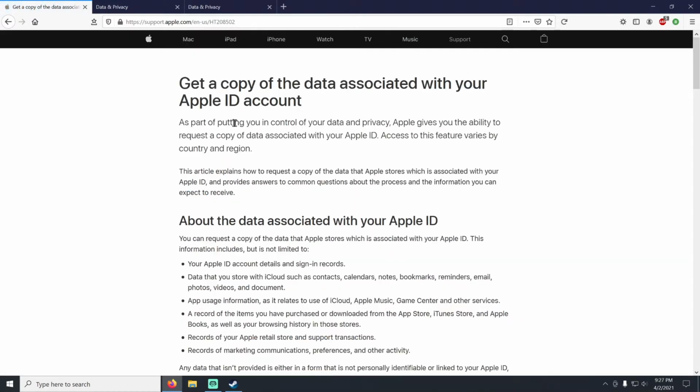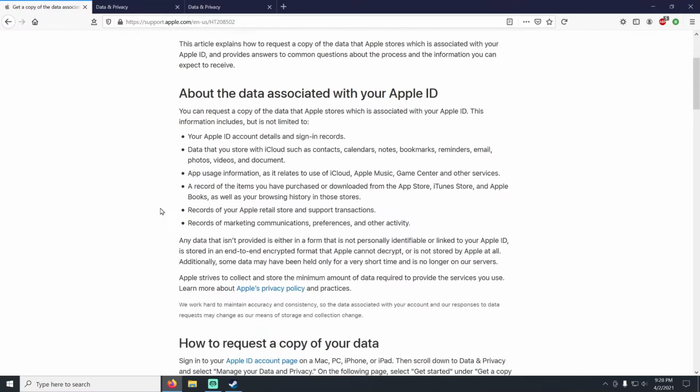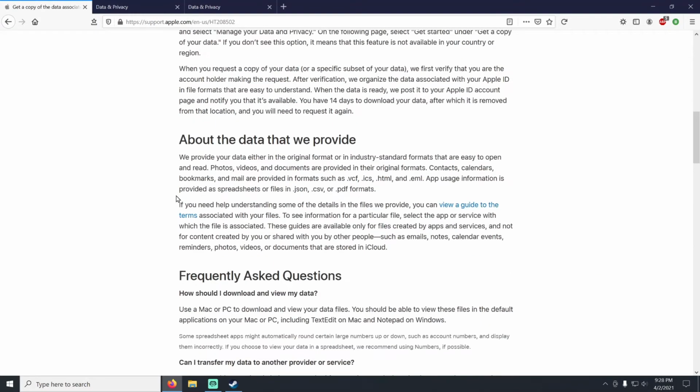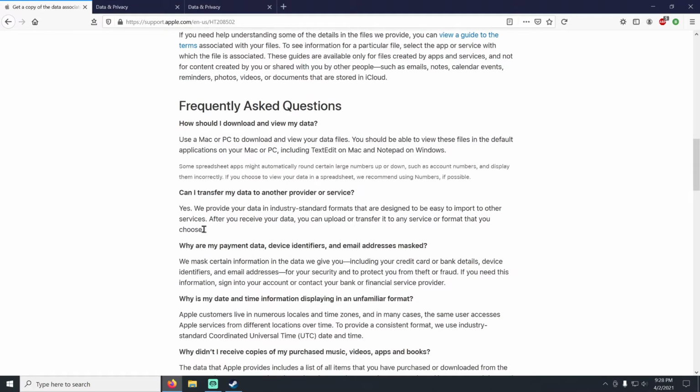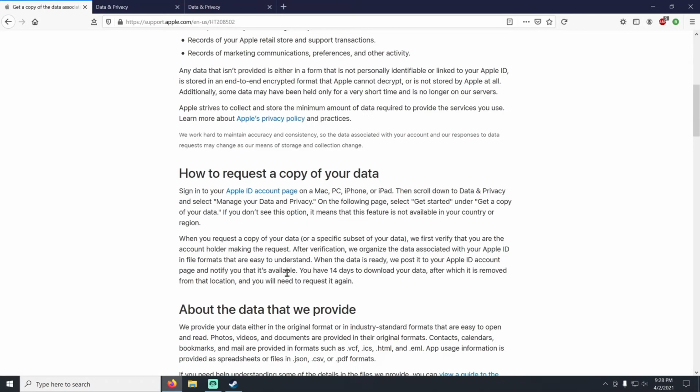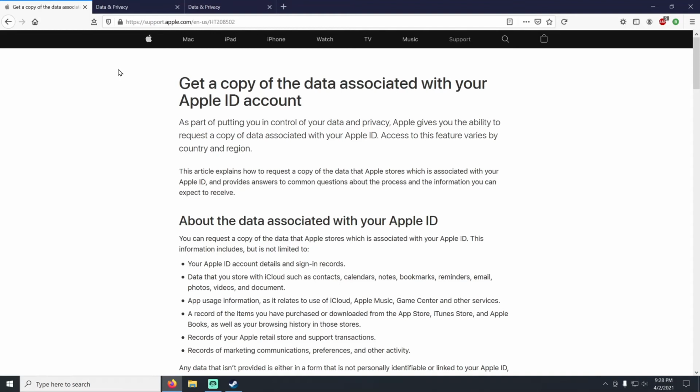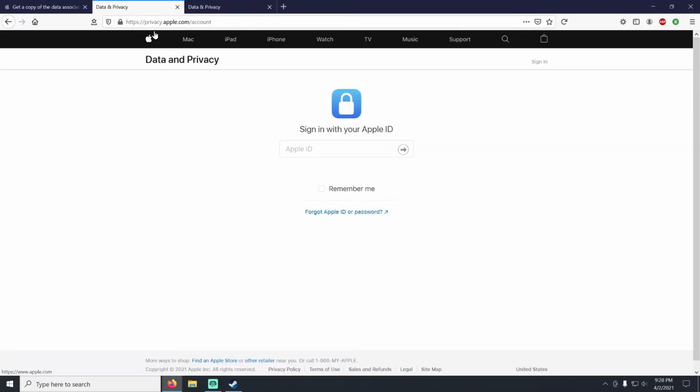And then you click get a copy. And then I'll link this one as well, obviously. But that's just how you get there. And be sure to read over these, because it really does have a lot of good information, and we're just not going to go through all of it right now. Okay, so we are to the